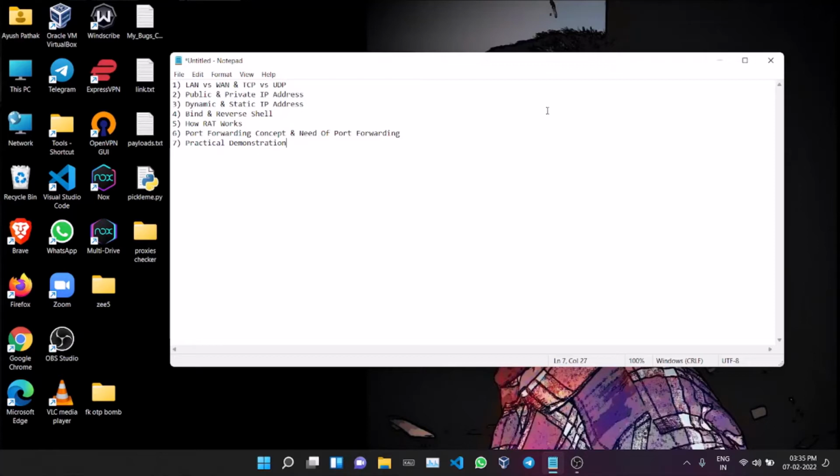You won't see any active RAT that uses the concept of bind shell, because bind shell is an unsuccessful attempt. So everyone mostly uses the concept of reverse shell. That's a different scenario. If your victim already has a static IP, then you don't need to use the reverse shell concept.